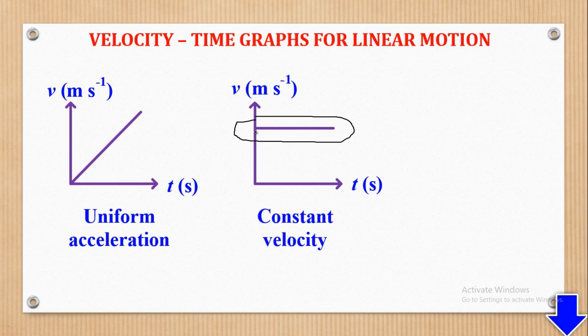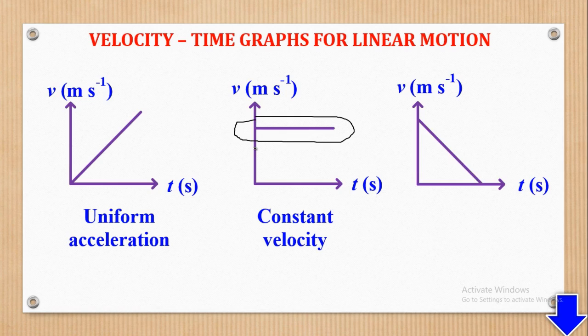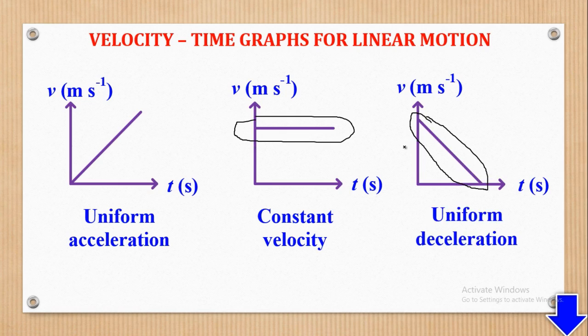And the third is the one for uniform deceleration or uniform retardation. For this case, the gradient is negative. So basically those are the three graphs, and they can be combined into one journey. For example, if I combine uniform acceleration, uniform velocity, and uniform retardation, I'm going to come up with a graph